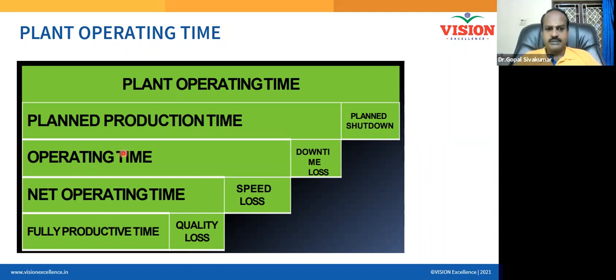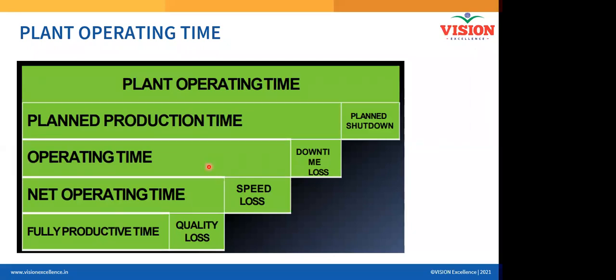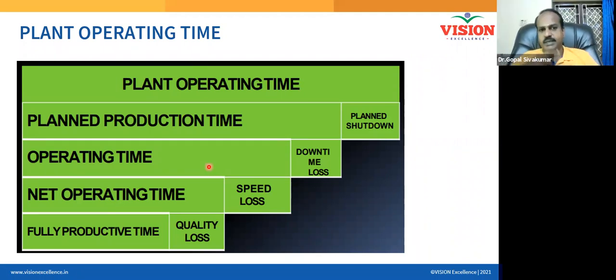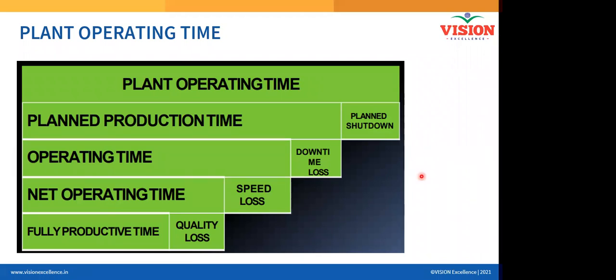Now, do you understand what is the difference between planned production time and operating time? Yes, sir. What is the difference? How will you get the operating time from the planned production time? Come on, tell me a way. Operating time is the time of entering the company and leaving the company, total 8 hours, sir. In that operating time, planned production time means switching on the machine, including the lunch and break, sir.